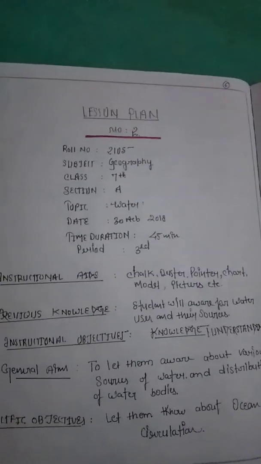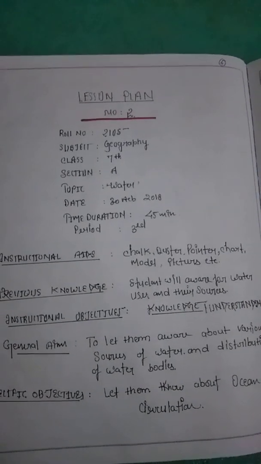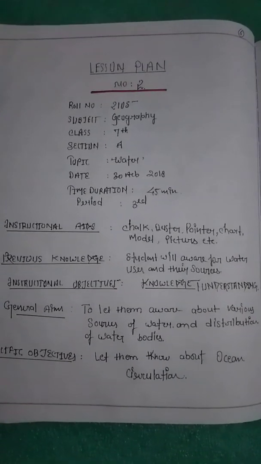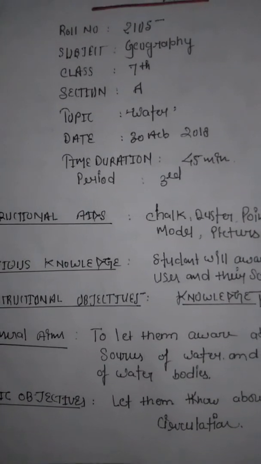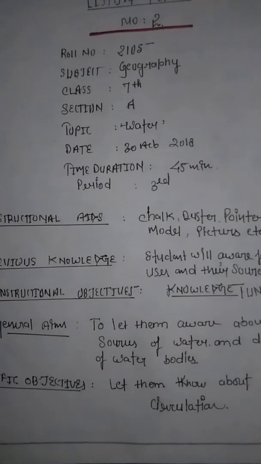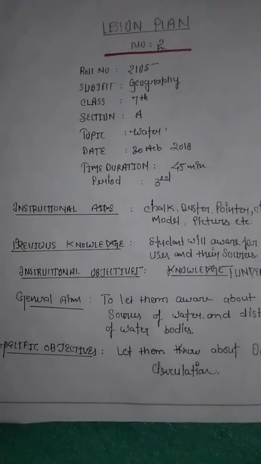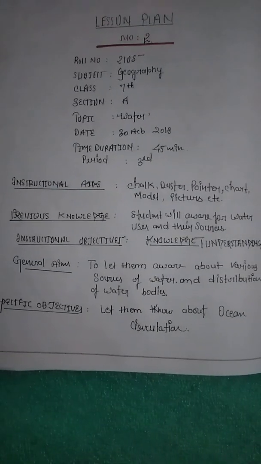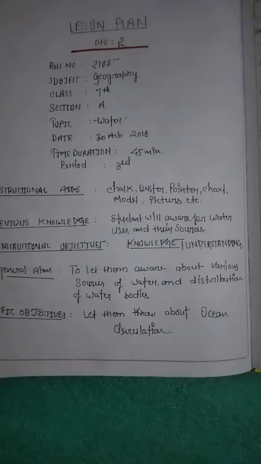Friends, here I am presenting the second lesson plan, which is about water. Water is a very essential thing for our life, and the topic is water. We should mention roll number, subject, class, section, filled in properly, and time, duration, date is very important. Instructional aid, just like this: instructional objective, knowledge, understanding, skills. General aims are very useful, like we all